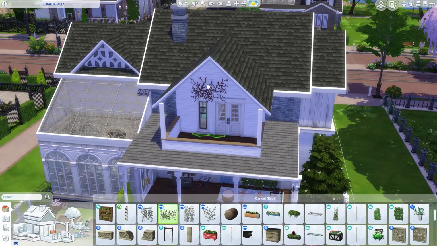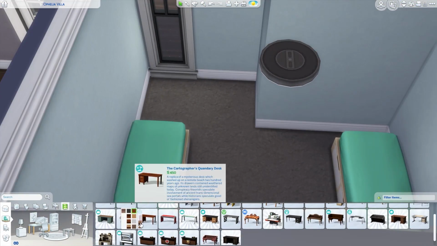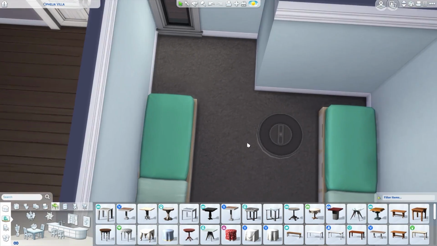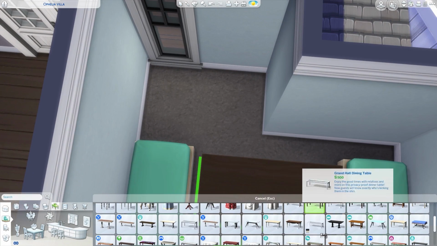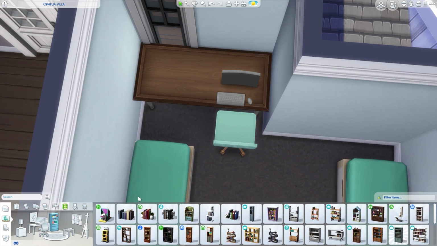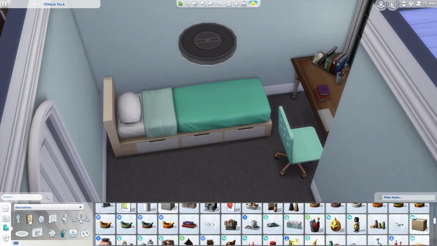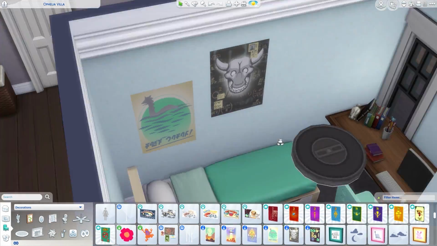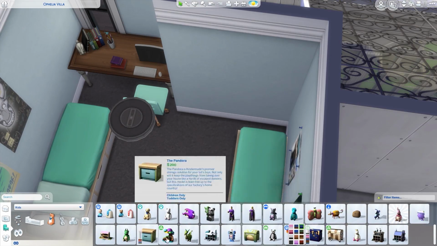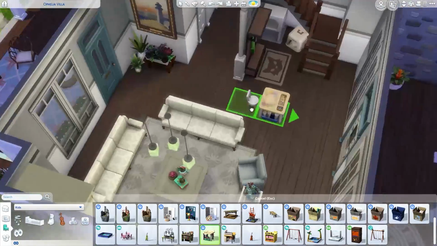So yeah, and there's also an outdoor balcony area here in this home, which is really nice. I love that idea that they can sit there and just watch the sunset, or something like that. So this is the twin bedroom. I decided to go with a twin bedroom because I wanted my sim to have more than 2 Sims. So oh my gosh, more than 2 kids living in this home. So I'm going with a